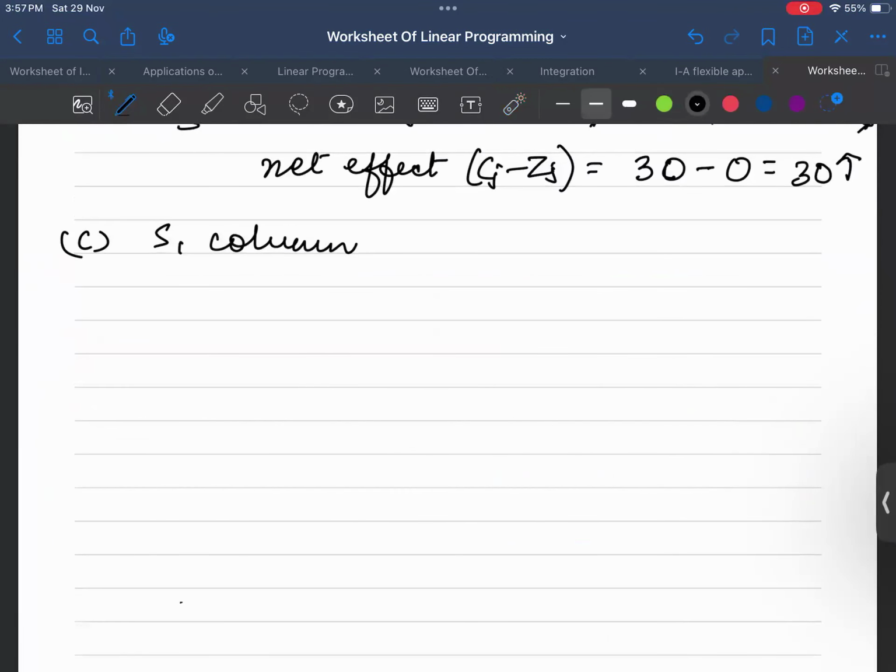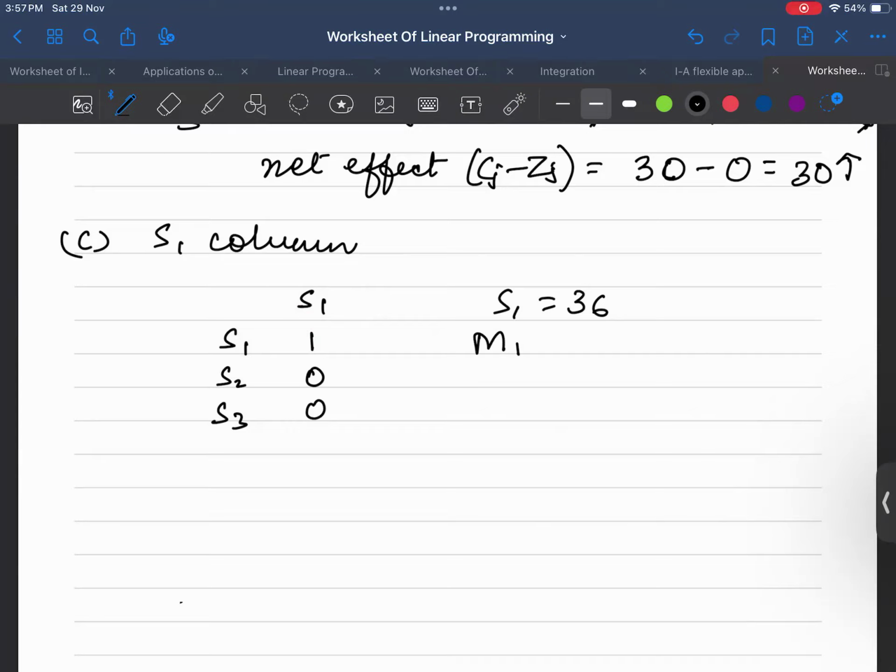Now, here is S1. The column is S1, S2, S3: it was 1, 0, 0. Now, S1 is already present in the solution. What is the value of X1? It is 36, right? This shows that the whole of the time on machine 1